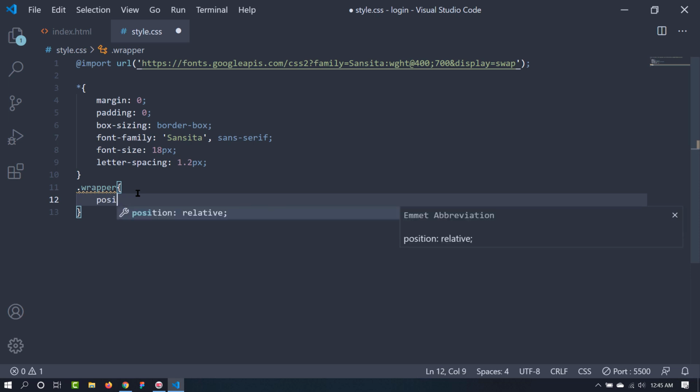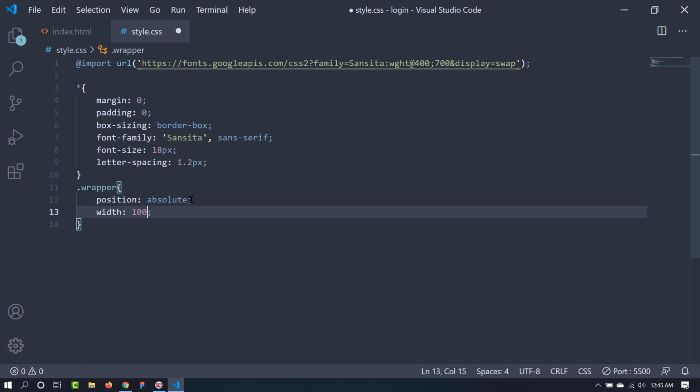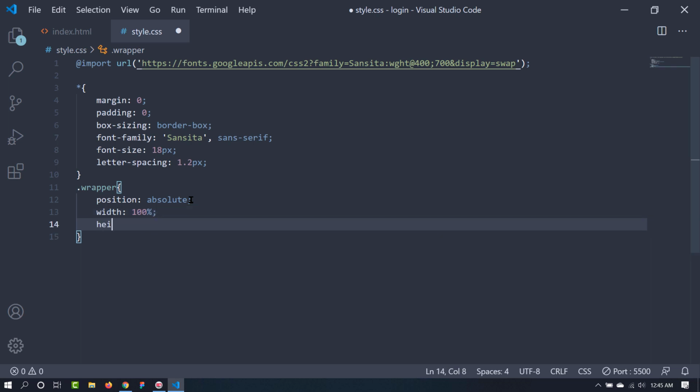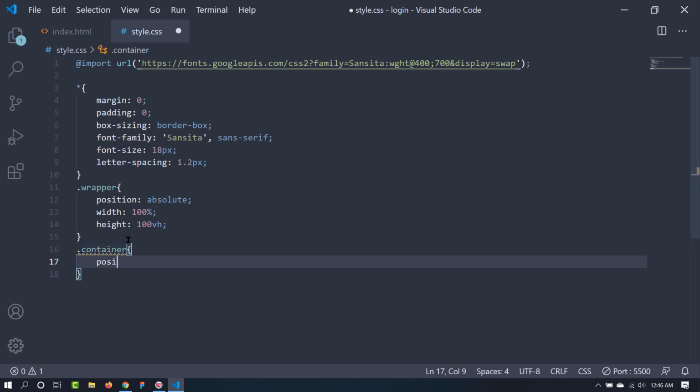Let's give it a position of absolute. Let's also give it a width of 100% and a height of 100 viewport height, so it will take the entire web page. Now let's go to the container div, and we are going to give it a position of relative, because the parent element here has a position of absolute.